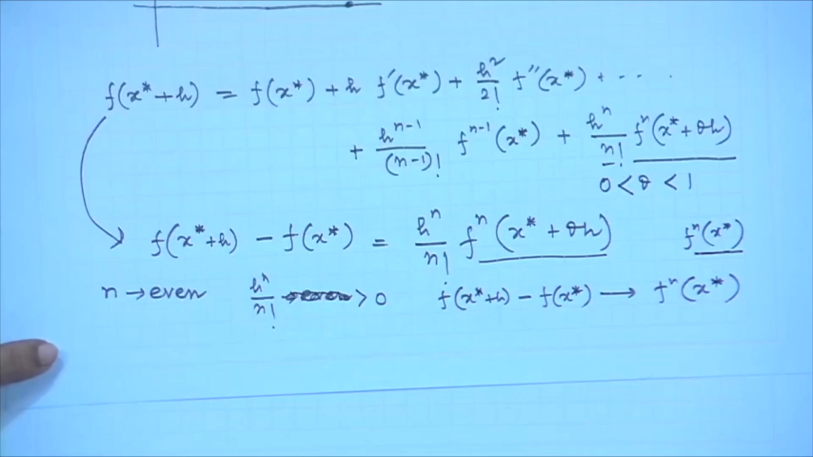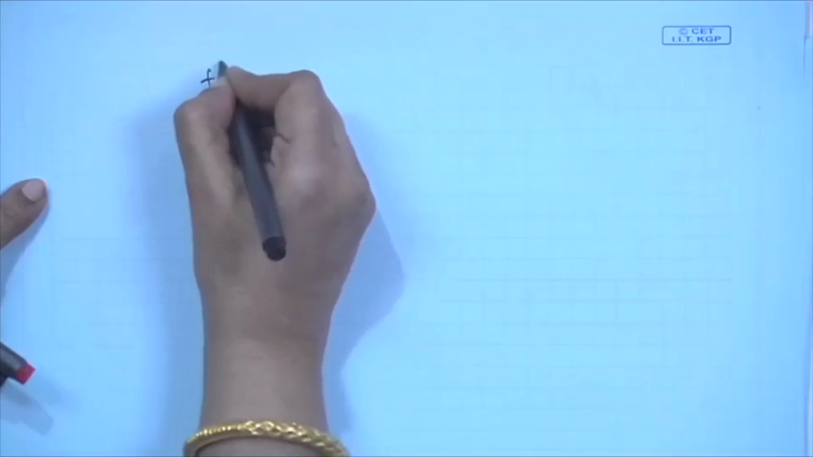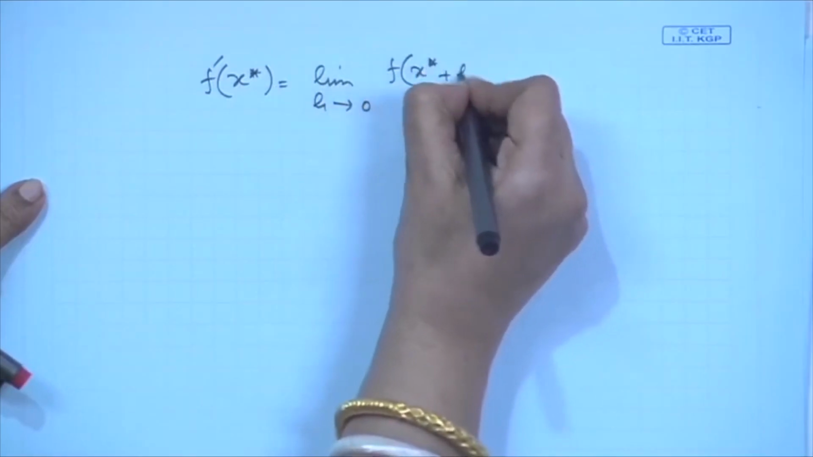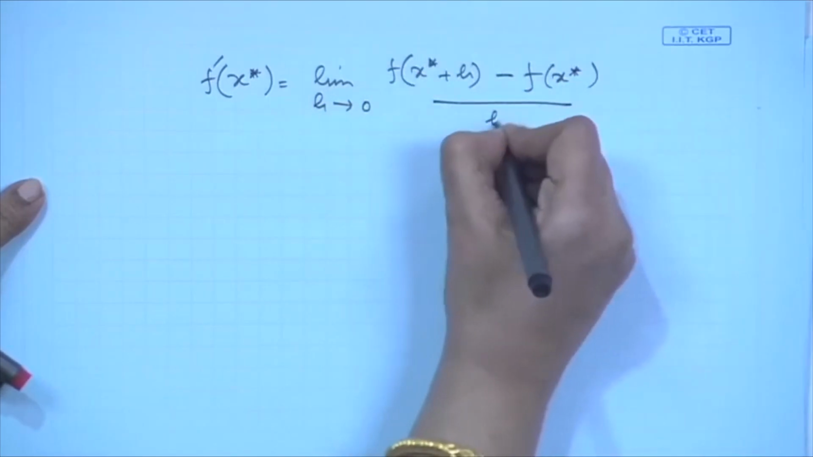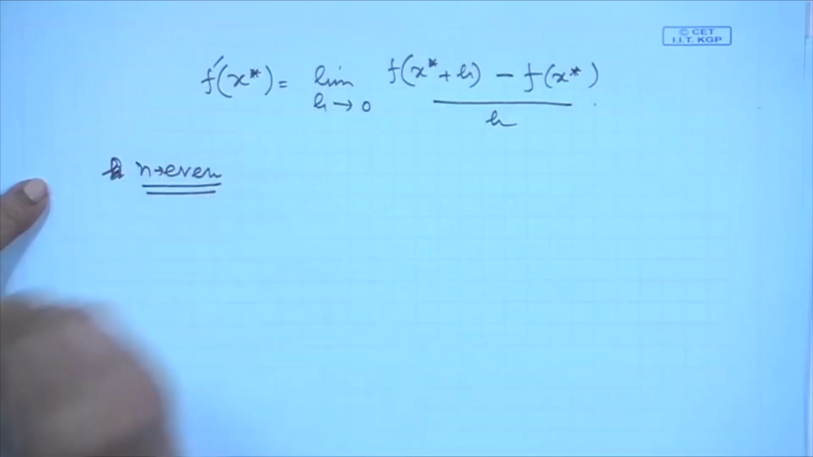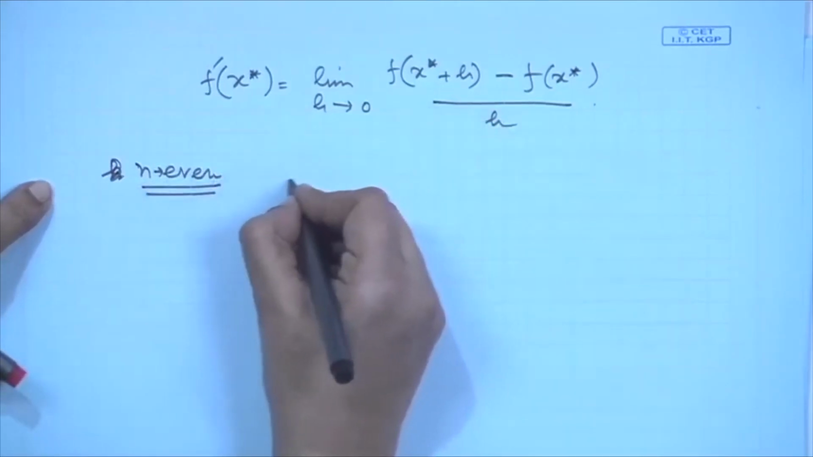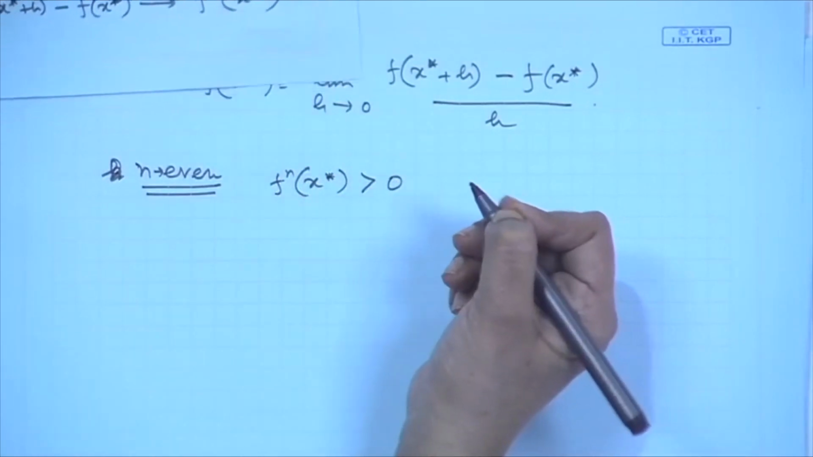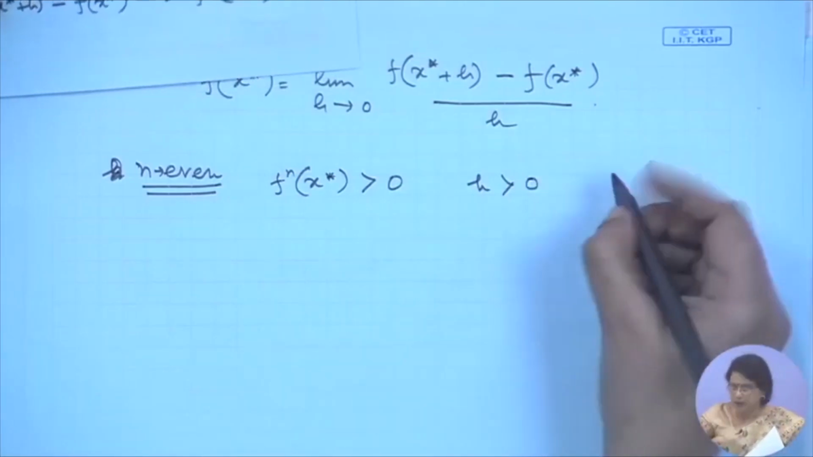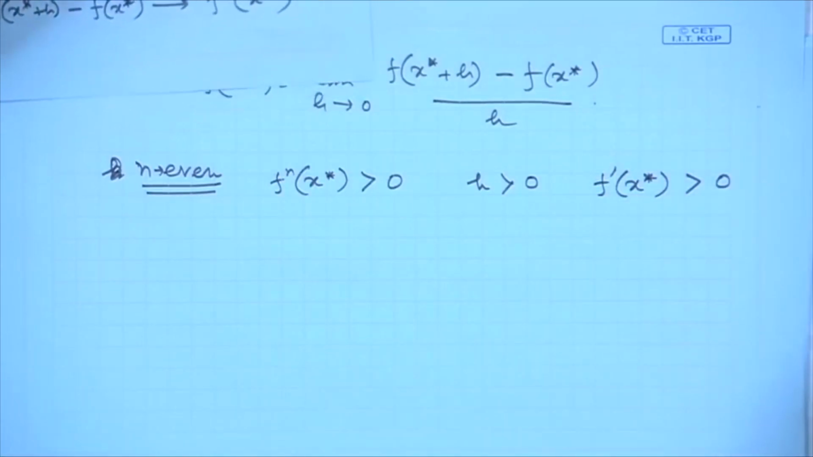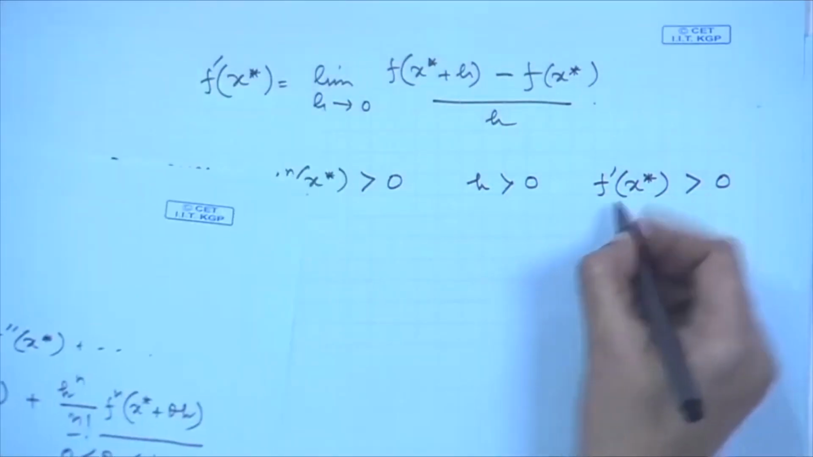Alright. What we are getting from this fact, that we know the definition f prime x star is equal to limit h tends to 0 of f x star plus h minus f x star divided by h. We are saying that n is even. For this condition we are first considering: if n is even and f n x star is positive, if h is positive, then we are getting f n prime x star is positive. That means we are getting a minimum of the function,